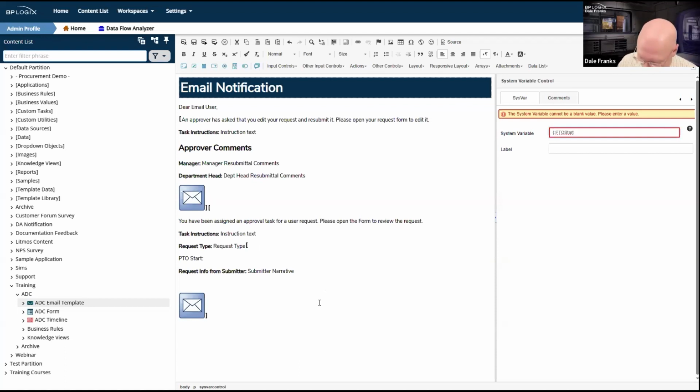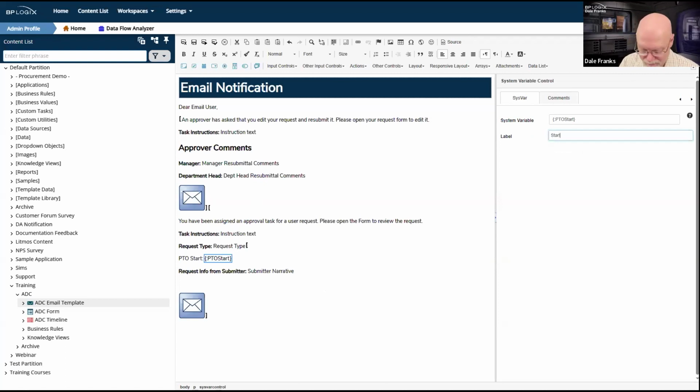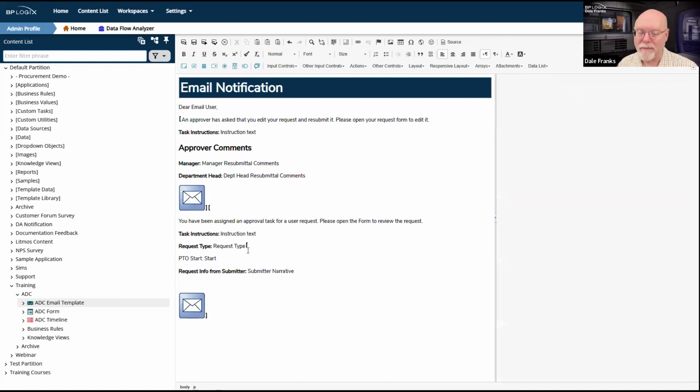I'm just going to go ahead and do it so that we get this done. PTO start, there, I can just copy that. And we'll call it start. So I could, on the form, just put it in like this. There's nothing stopping me from doing that. It can go right into the text.